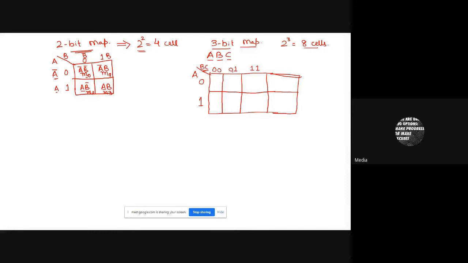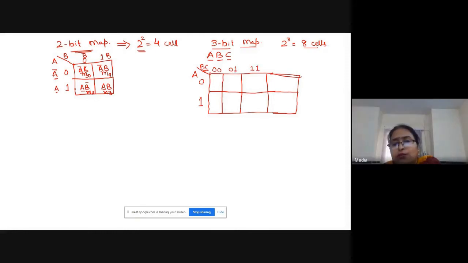Now, gray code says that when the next number comes, only one bit has to be changed. Because in binary, it is 0, 0, 0, 1, 1, 0, and 1, 1. But you are following gray code. Gray code says 0, 0, 0, 1, 1, 1 comes first, and then 1, 0. Here you see 0 is the same, only this bit has changed.